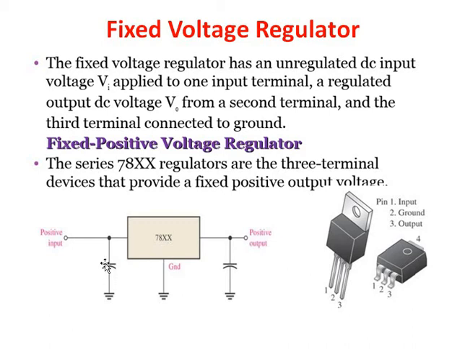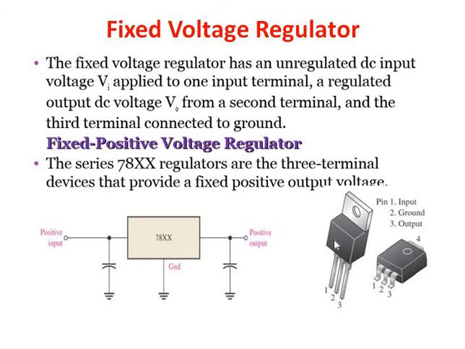So this is the input filter, which filters out the ripple of the input voltage, and generally its capacitance value is higher compared to the output filter. The output filter is also used to filter the small remaining ripple left by this IC. So the remaining ripple will be filtered out by the output filter, but here we get a small ripple, so the size of the capacitor is reduced, and its size is less compared to the input filter.